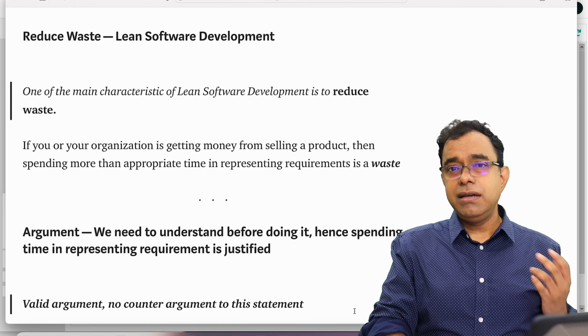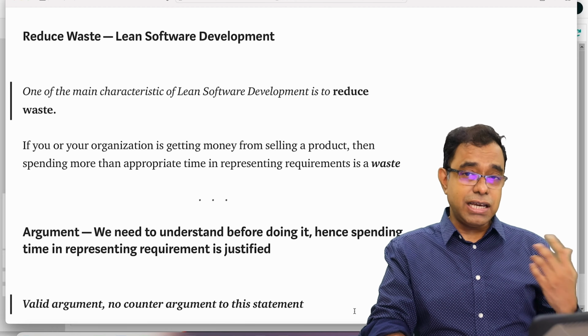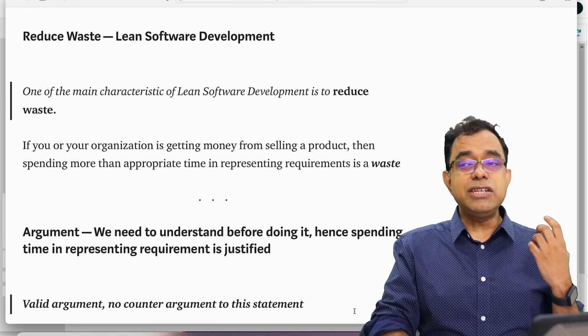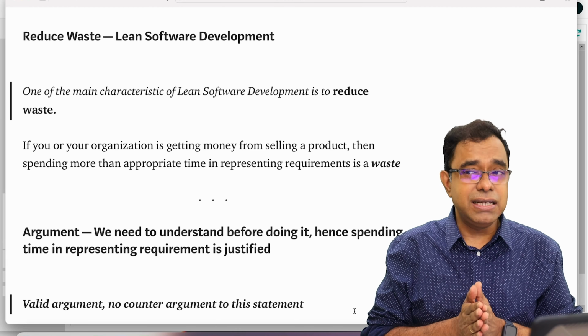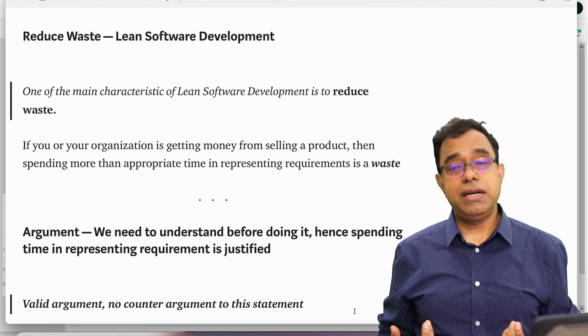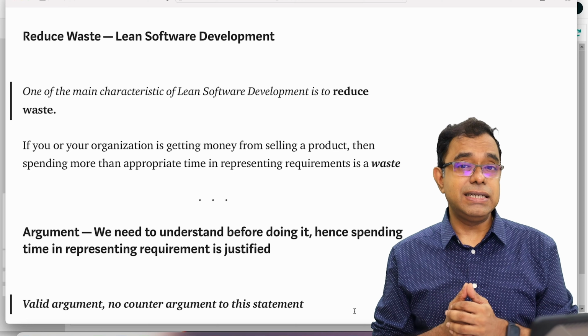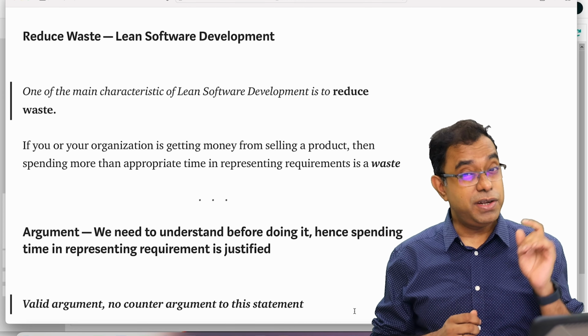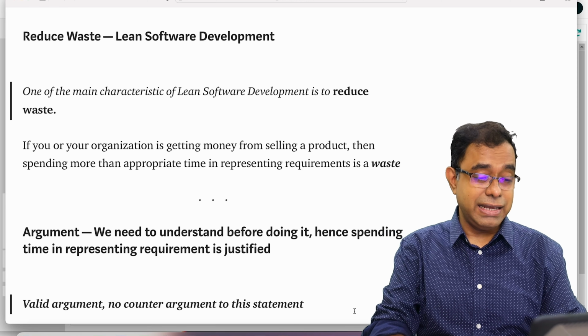So if time is the scarce resource, which I have talked about in this particular blog, like reducing waste. When we talk about lean software development, we talk about reducing waste. And if time is the scarce resource, there should be a valid justification for using that much time in depicting something and making sure people understand that. And believe me, if you go from simple things to complex things, there will be lots of people who will not be able to understand it. Okay, no matter how hard we try.